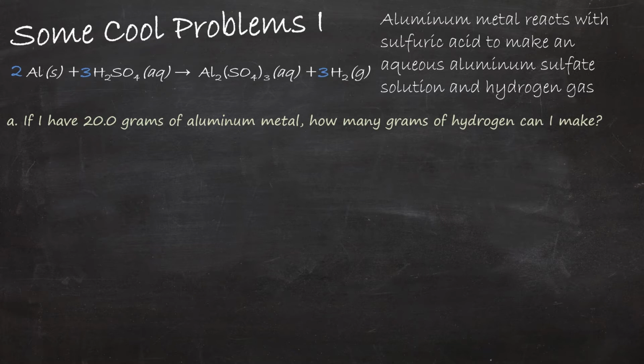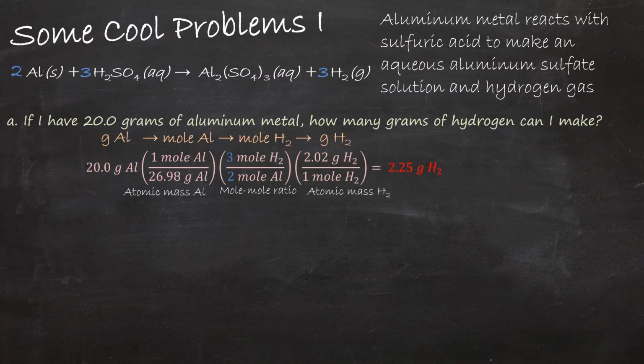Now, if we follow a solution map from grams of aluminum to grams of hydrogen, it'll look like this, where we transition from mass of aluminum to mole of aluminum through the atomic mass, use the aluminum-hydrogen mole-mole ratio to find moles of hydrogen, and since the problem statement wanted us to find the grams of hydrogen produced, we need to convert to grams of hydrogen using the molecular mass of hydrogen. The computation line is shown, and we calculate a value of 2.25 grams of hydrogen being produced from 20 grams